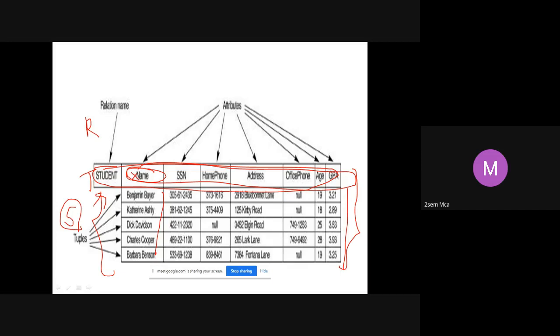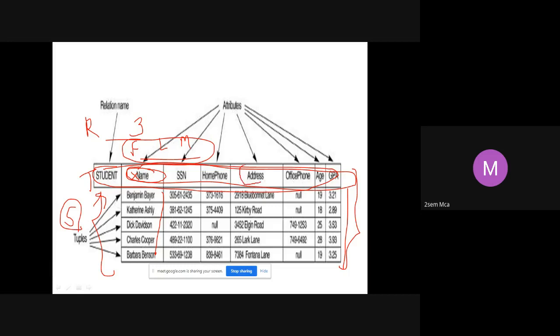This should not come. Instead I should have three attributes: first name, last name, and middle initial. Then the rest of it I can have. But in this example, it looks like we are not interested in these components, so I am not storing them at all. I'm just taking it as name and going ahead.